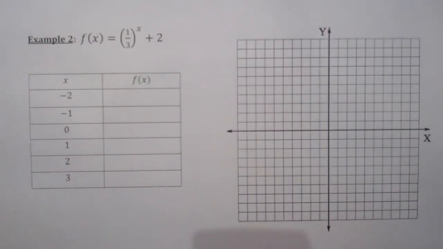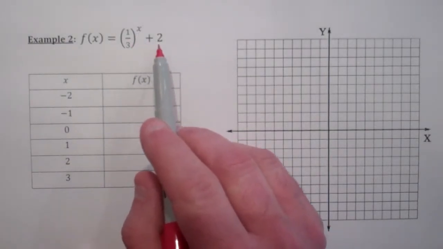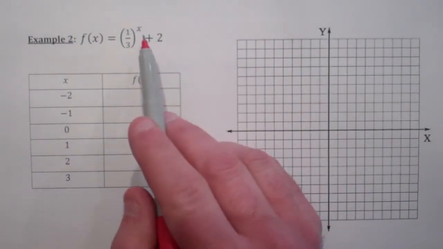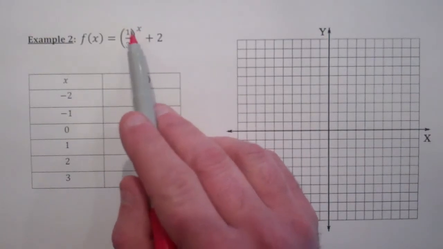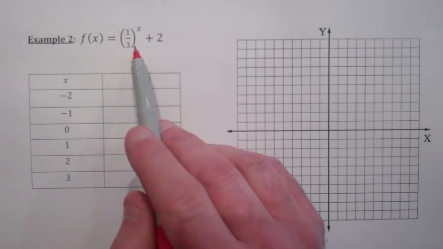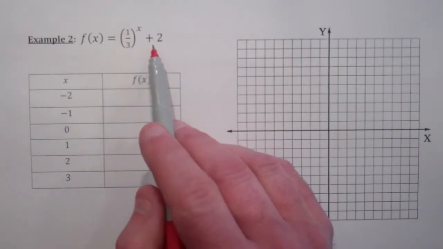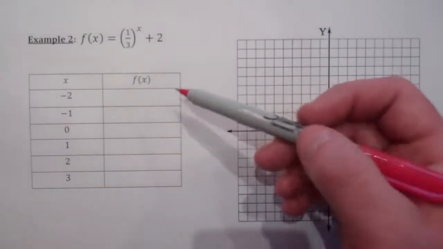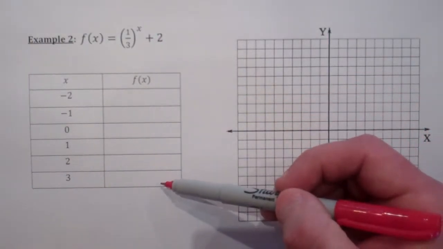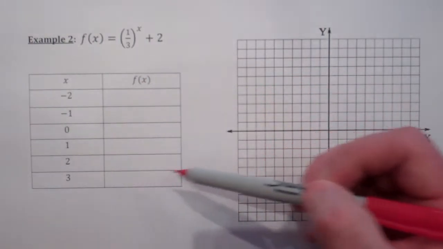In this problem, we're going to be graphing 1/3 to the x power plus 2. This is an exponential because the exponent is a variable. In this case, it's x. Our base is 1/3, so we're going to expect this to be decay. And there's a vertical shift of up 2. Let's build a table of values, and then we'll relate the equation and the table of values to how the